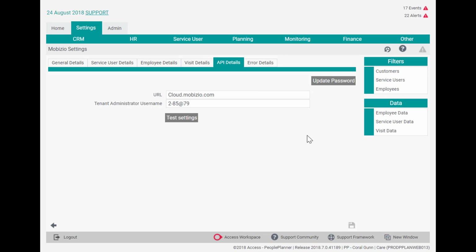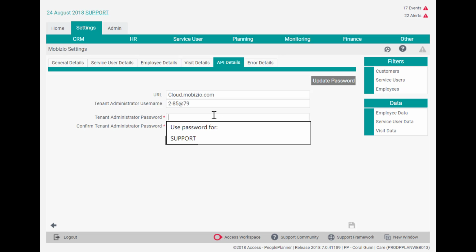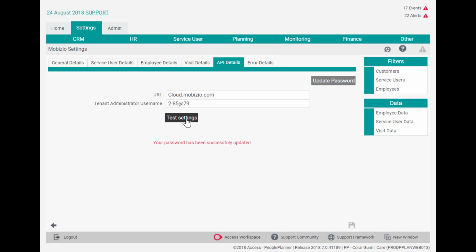Once you've saved this information, you can run a test to ensure that the settings are configured correctly. The first step to do this will be to click on the Update Password field, enter your password, and save. You then click on Test Settings. If you have entered the details correctly, a message will appear letting you know that the settings have been authenticated